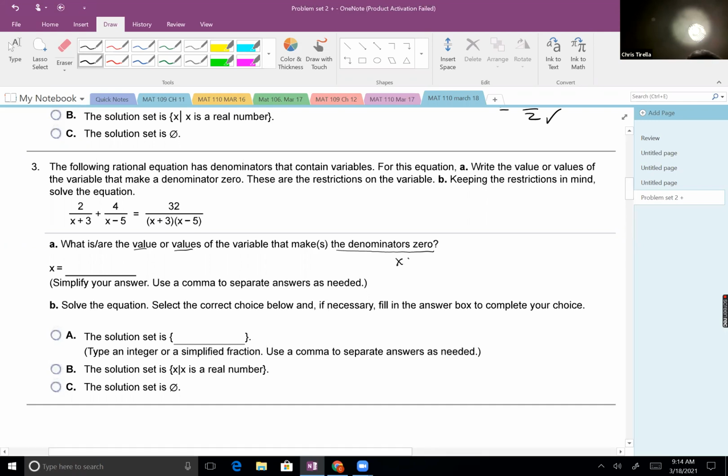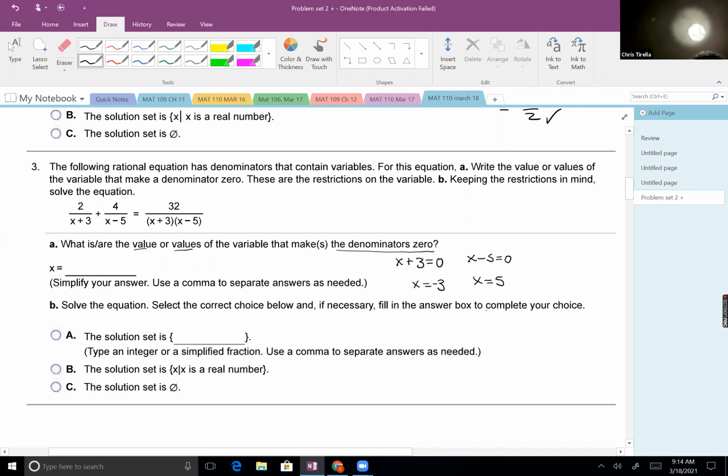So I'm going to set each denominator equal to 0. First one is x plus 3. Setting that to 0, when I subtract 3 from both sides, I get negative 3. Next one, if I take x minus 5 and set it equal to 0, adding 5 to both sides,